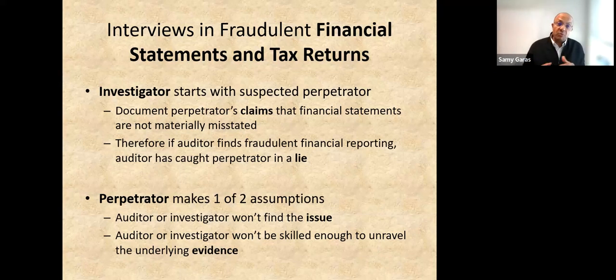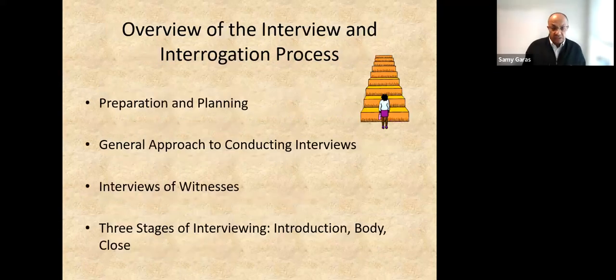Here, when we do this investigation in a financial crime, the perpetrator might have in mind, and those people might have a good background about the fraud examiner for the financial statement. So they make the act so that the examiner might not be able to discover the issue. And if the examiner discovers the issue, he might not be able to get evidence for it. This is what we mean here by the two assumptions the perpetrator or the suspect might have.